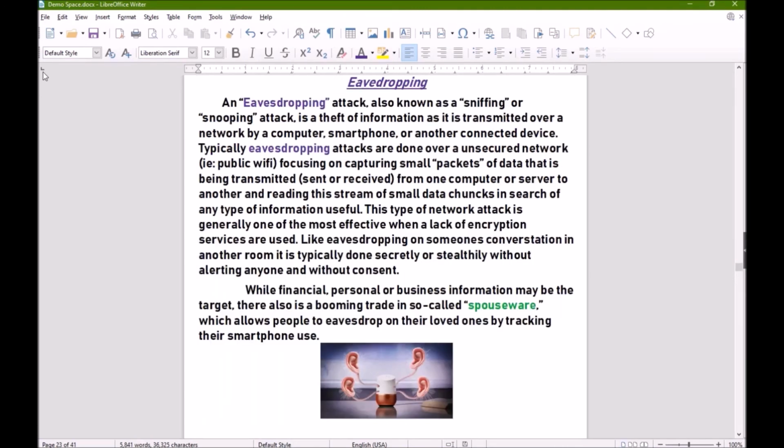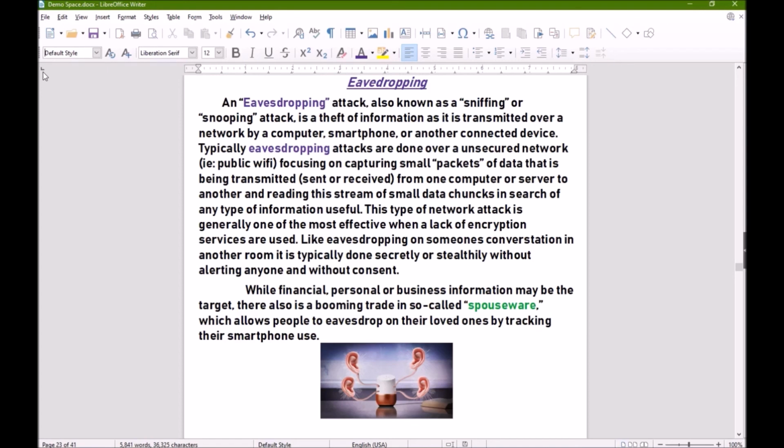An eavesdropping attack, also known as sniffing or snooping, is the theft of information as it is transmitted over a network by a computer, smartphone, or another connected device. Typically, eavesdropping attacks are done over an unsecured network, typically public Wi-Fi, focusing on capturing small packets of data that is being transmitted, i.e. sent or received, from one computer or server to another, and reading this stream of small data chunks in search of any type of information useful.